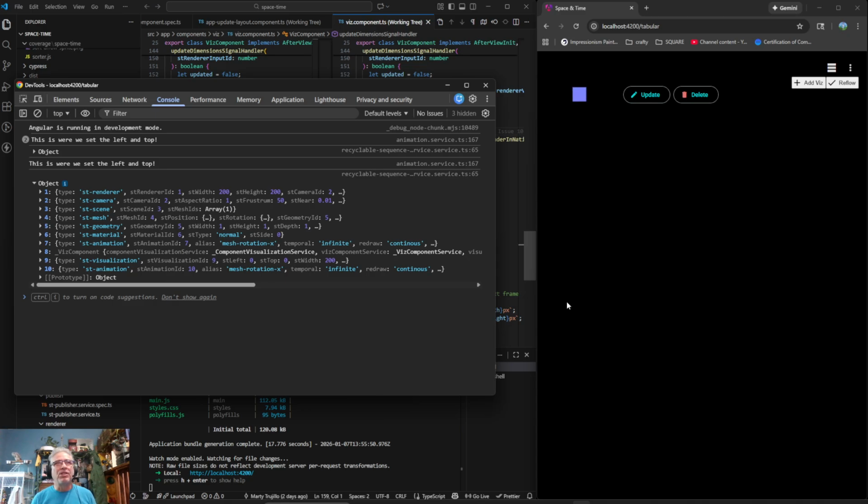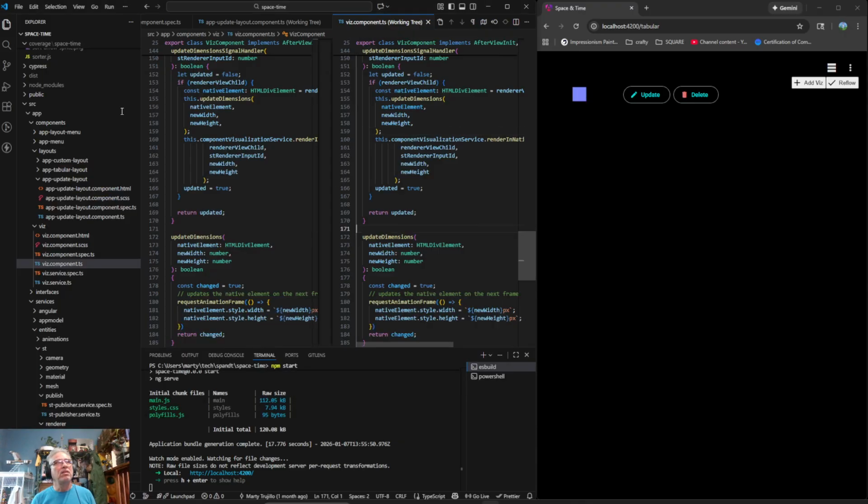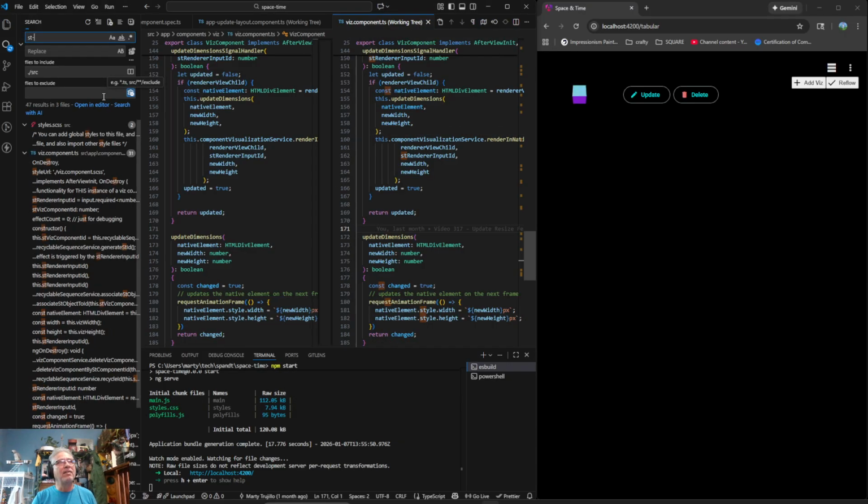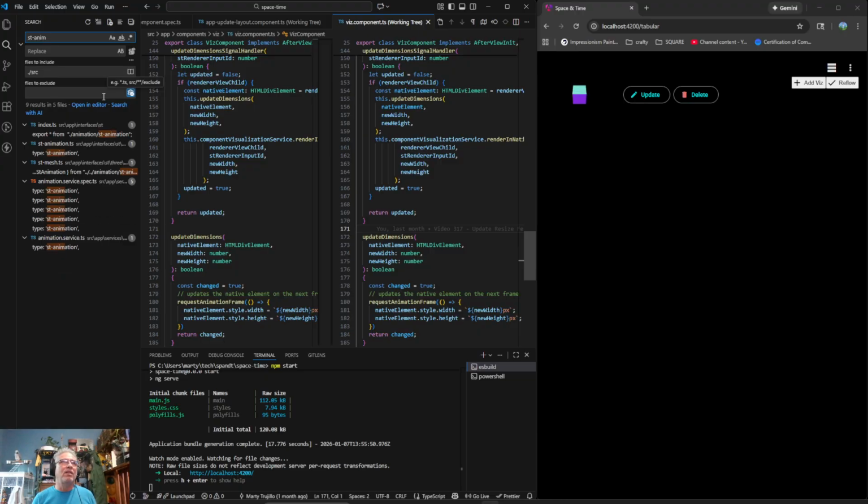And it's just like one of the challenges that we in the software development world are dealing with. But I guess the first thing to do would just be to figure out, where the heck do we even create an ST animation? So let's do that. I'm just going to do a search on ST animation because I don't think it's going to do us any good to